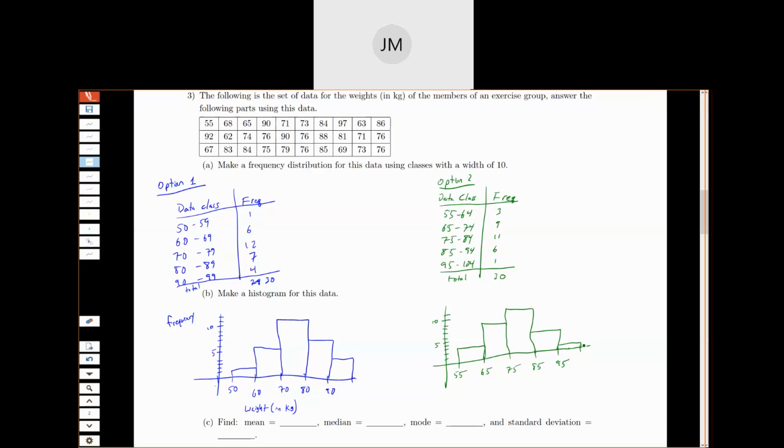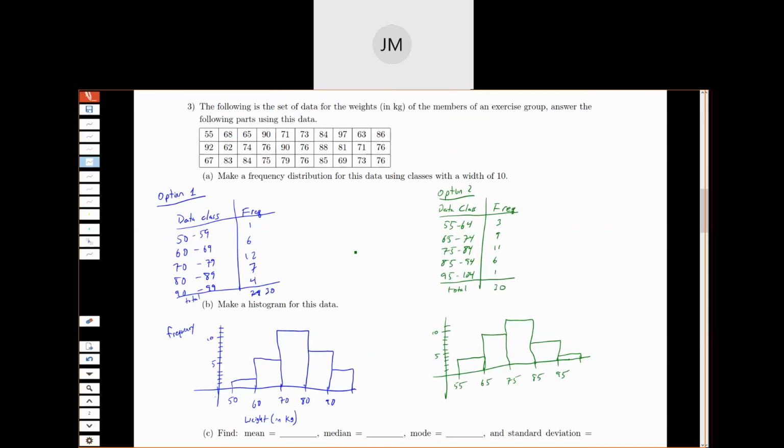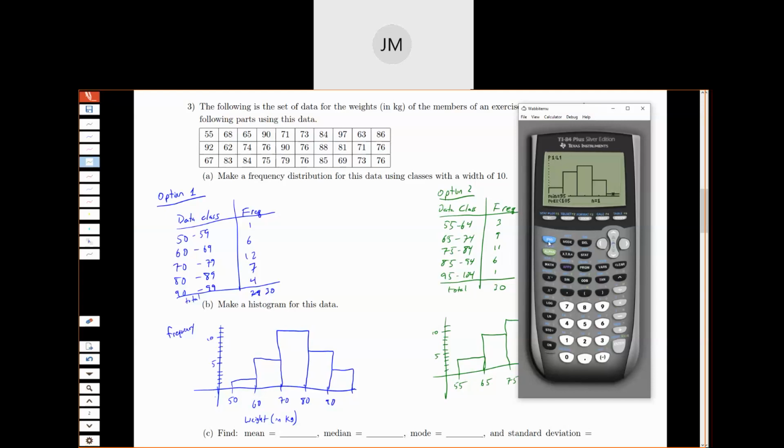All right, what we really needed our calculator for is this next part where we calculate mean, median, mode, and standard deviation. We do not want to do this by hand for any size data set, but especially not at the 30 data points. It would be very difficult, very time consuming. So since I have all that data in L1,